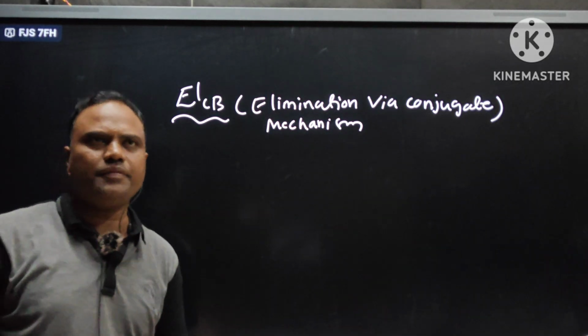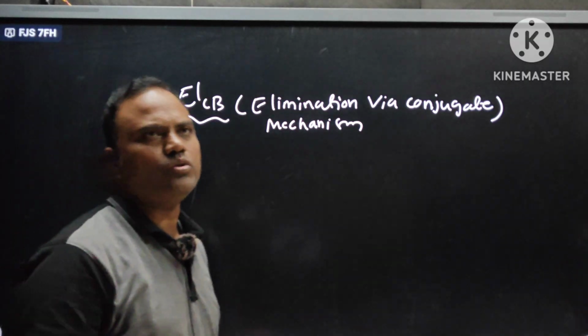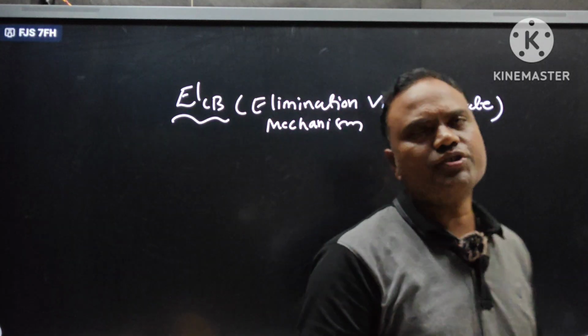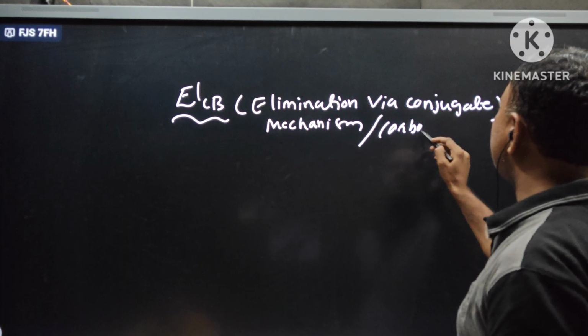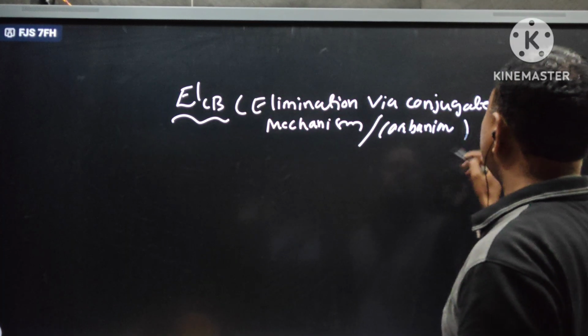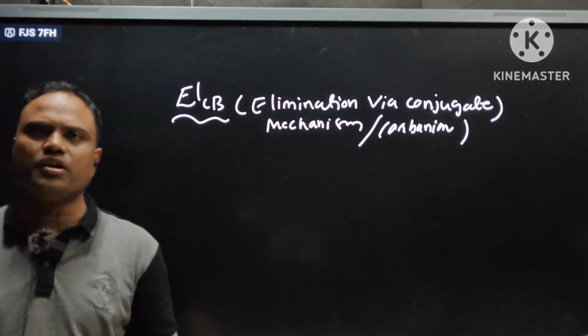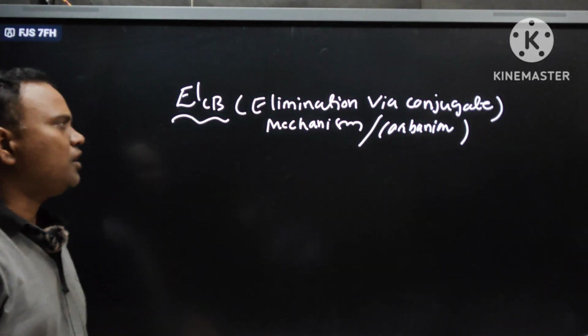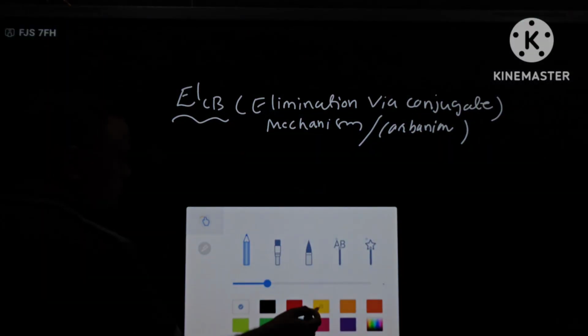Very easy to identify, and this is a very important point. Which alkyl halides undergo elimination via conjugate base, or carbanion formation? Which of the following alkyl halides undergo elimination via the conjugate base mechanism, or via formation of a carbanion? See, the worthy point,